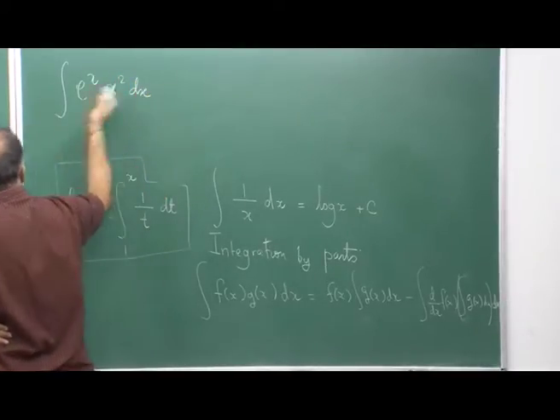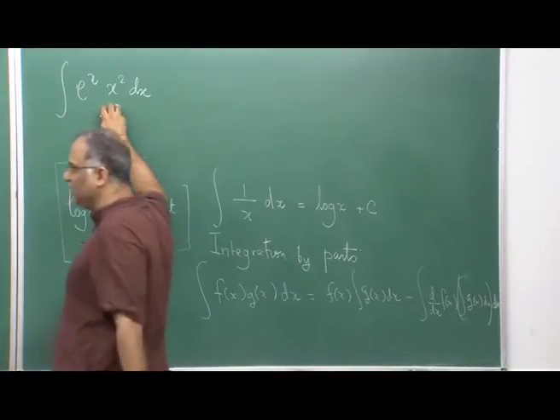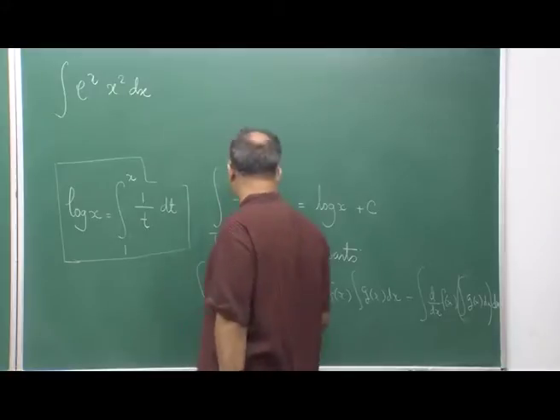It is not so easy to immediately say, okay, I will put x square is t, then you will have 2x, so e to the power t, but it will again be the same situation. The substitution method of integration that you learn at high school will just not work here so easily. So, what you really have to do is to think about it in terms of integration by parts,